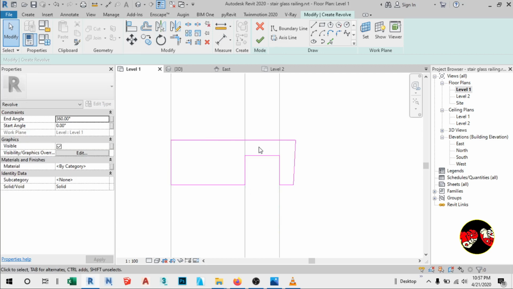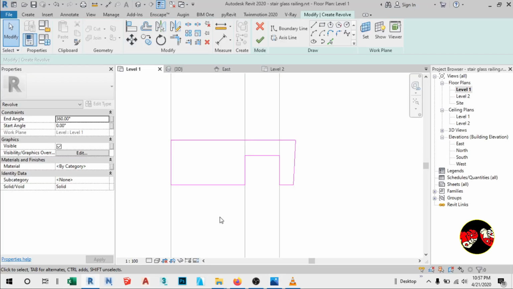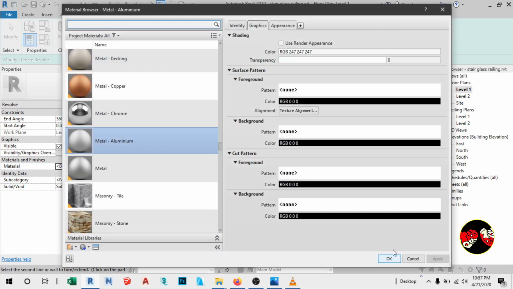So now it's half of this bracket. We have to close all. After this, okay, apply the material first before we finalize that one. So aluminum,